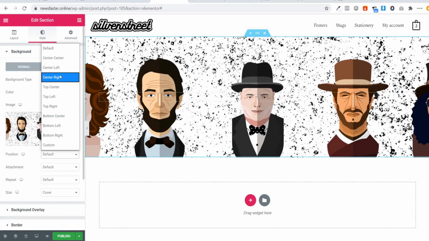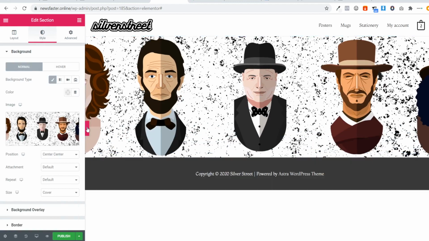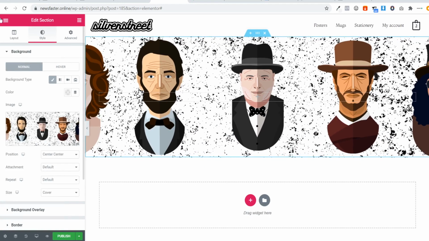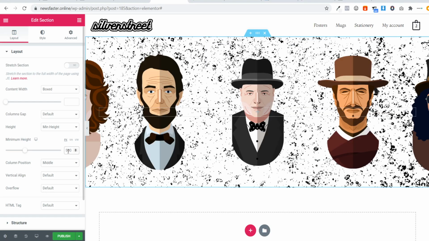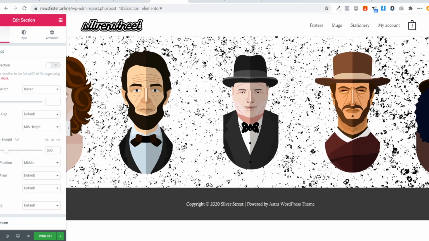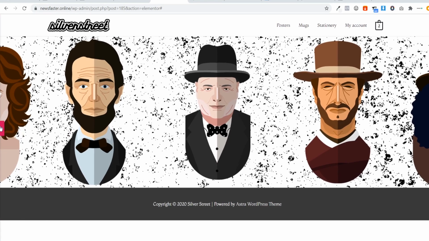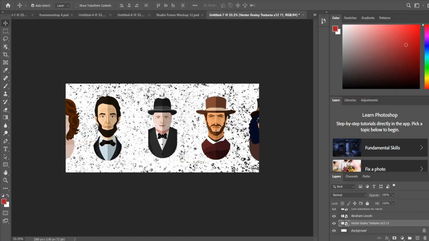So it's looking like that. So let's just go for a center align. So we're going to make that just a little bit bigger. So we'll come into layout and we're just going to change that to 500 like that. Now you can see this is just an image I have created within Photoshop. So I've just put the images that I've been using for the products